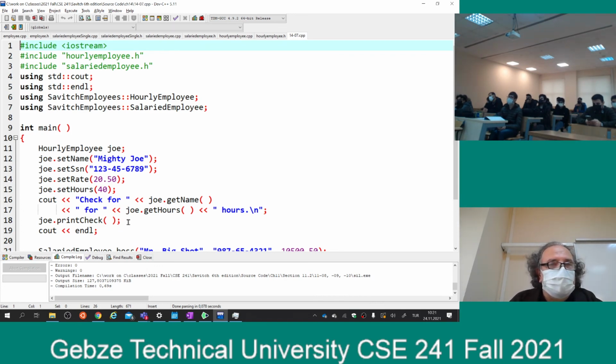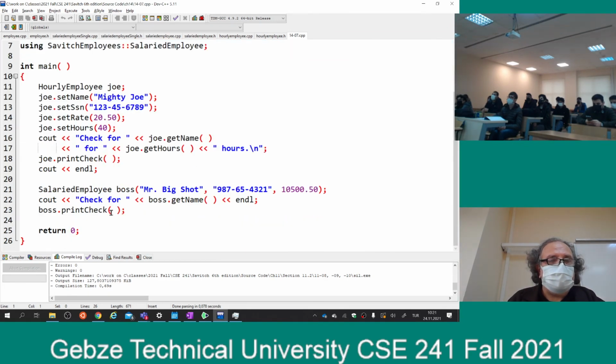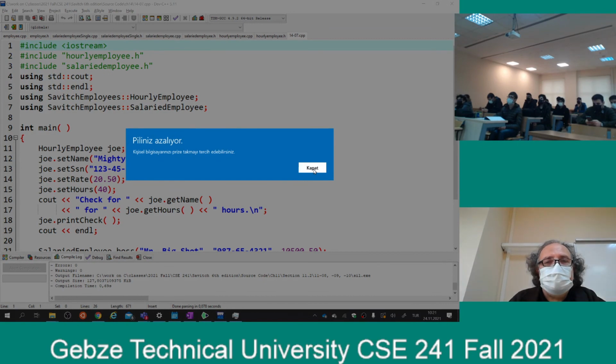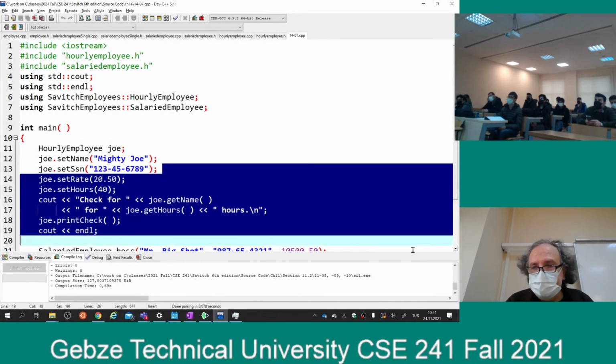You just use them. Since I defined both of them inside this namespace, savage employees, I had to do these separate using declarations. Then I can use the hourly employee and the salaried employee as regular classes like day of year, holiday, etc. And employee, since employee is included,